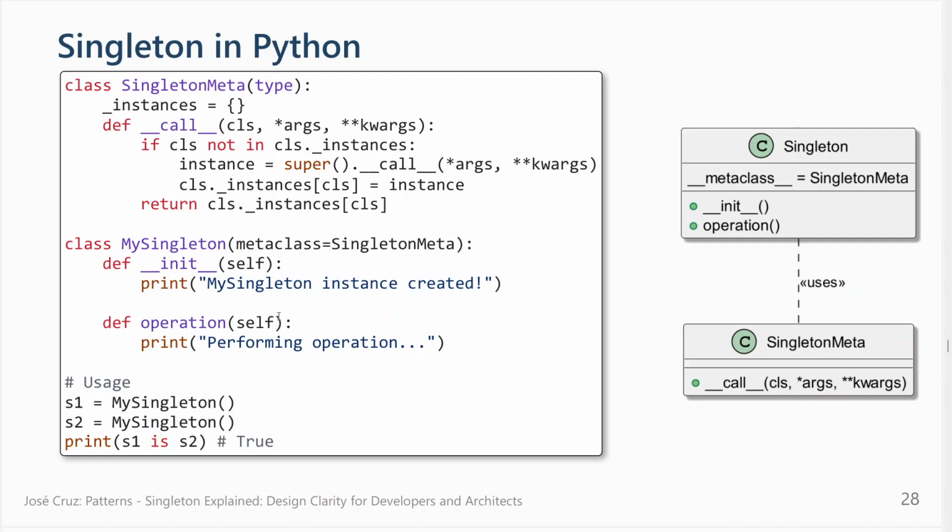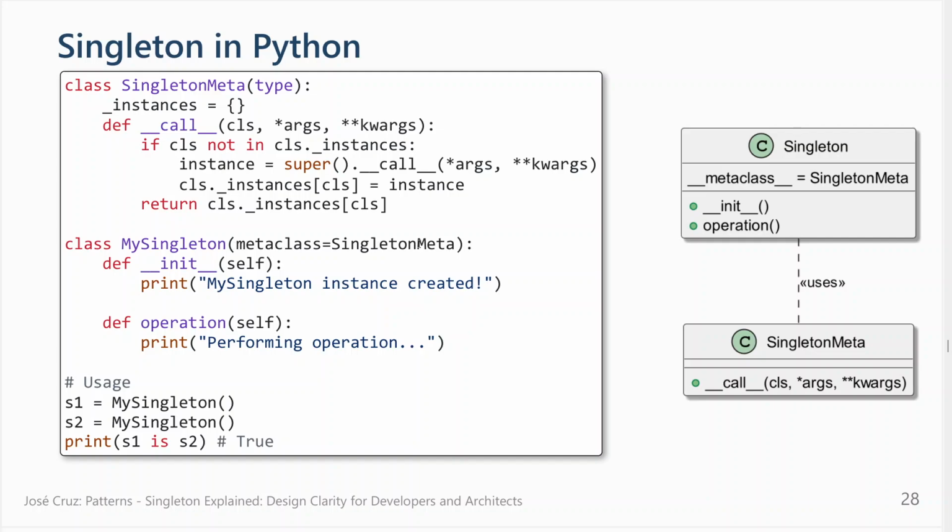So you can see that you don't have private things and things like that here. So it's a different approach. You just have the init, which is executed when your object is created. It's like the constructor, and you have operations. You have nothing here on the class, which is quite strange. How do you guarantee just one instance without providing any code here in the singleton itself? Remember, this is the class that we want to make sure is one, and it uses this mechanism called metaclass